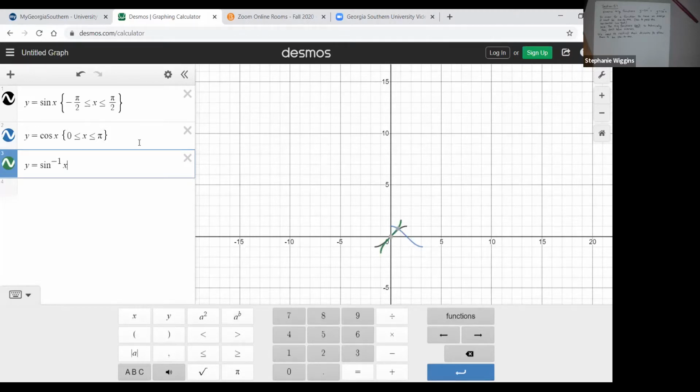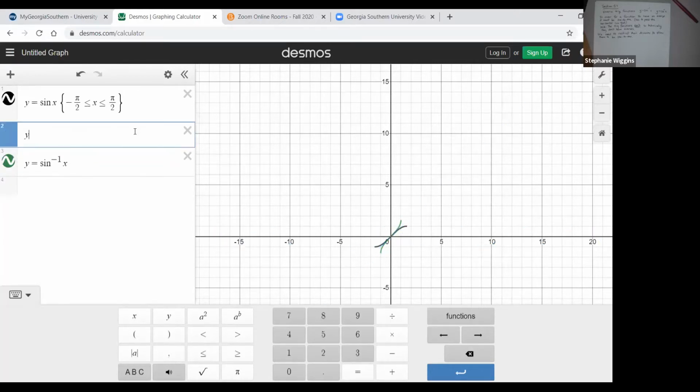All right, so let's get rid of the blue for a second here and focus. All right, so here we have y equals sine x with the restricted domain, and here we have y equals sine inverse of x. Notice that if I draw the line y equal x,